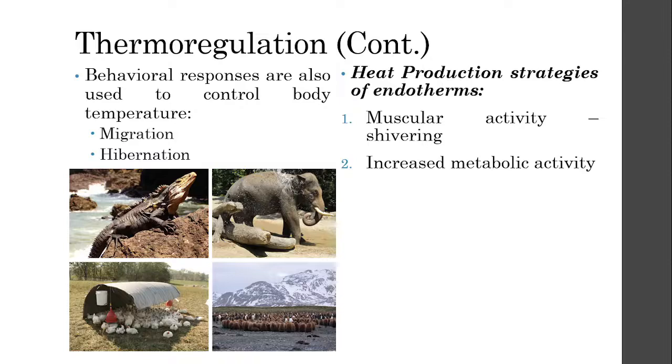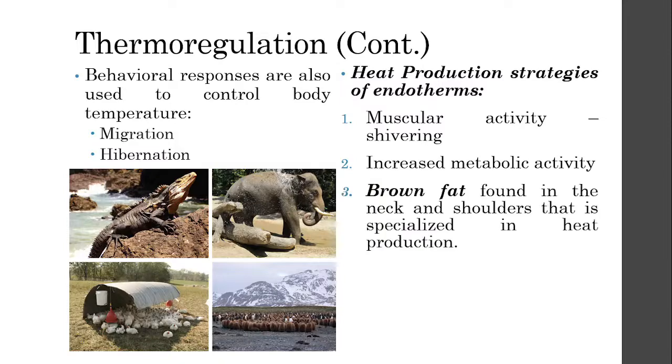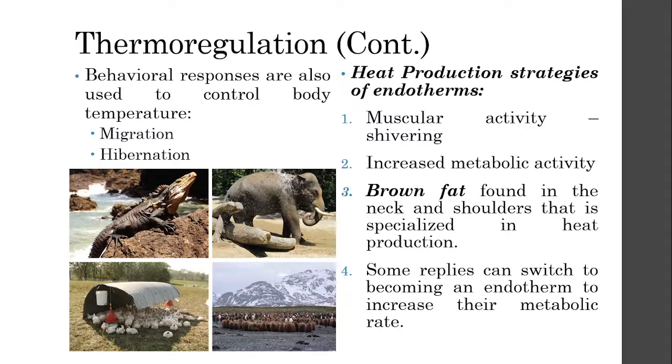The production of ATP, cellular respiration does not only produce ATP, but it also produces a lot of heat. Also, you have what we call brown fat, and these brown fats are usually found along your neck and along your shoulder. And these brown fats are actually specialized in producing heat. So kapag sobrang linalamig ka, the brown fat found on your neck and your shoulder actually helps you to keep you warm.